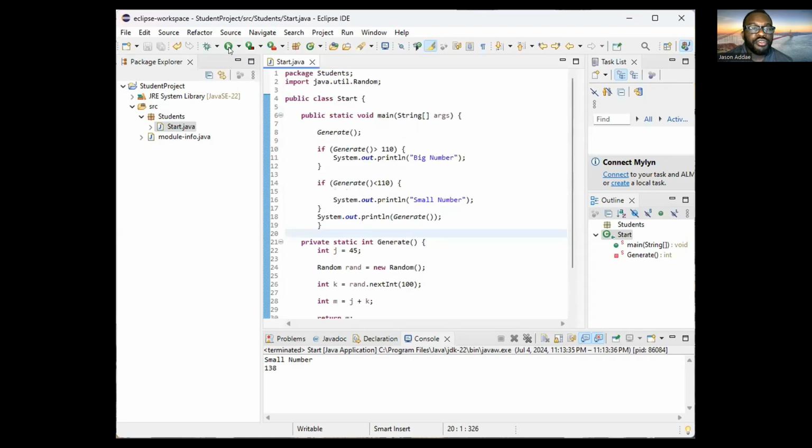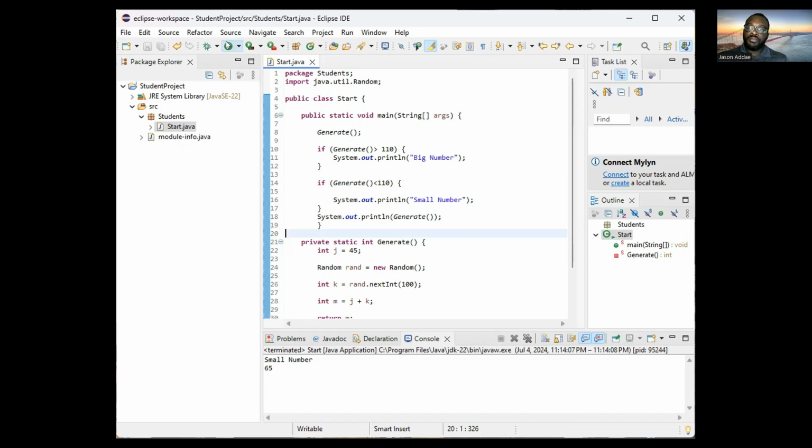And then it's running the contingency. Small number, 98. Run it again. 62, which would be small number. Small number, 65. So essentially it's giving your program, the syntax of this could have been more neatly displayed, but